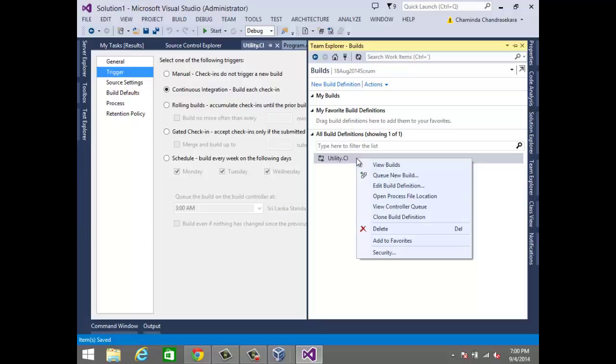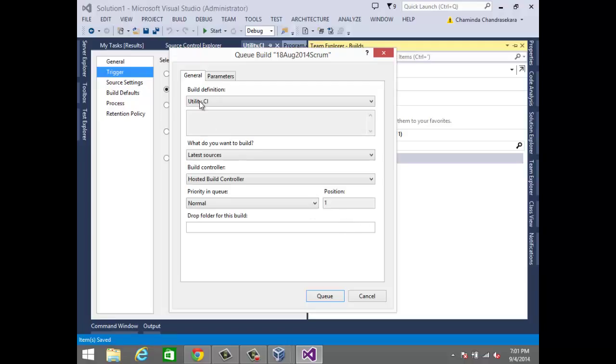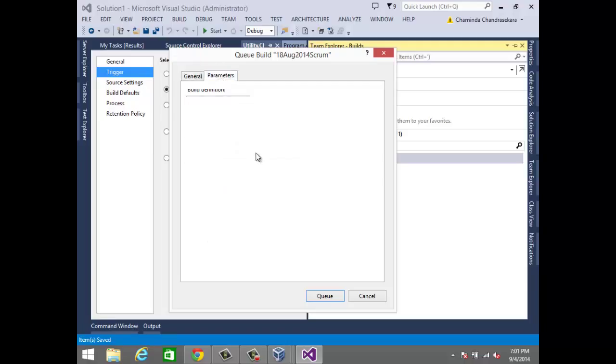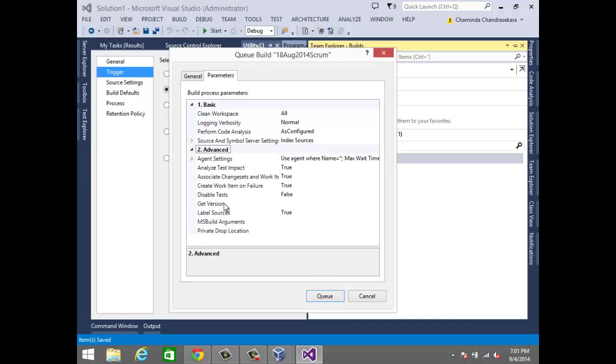Now first time we need to manually queue and see whether this is working, right? There's no other option, right? So we will queue new and you can see, right, it goes to this and parameters. You can actually here also change the parameters if necessary, certain parameters like which change set you're going to build, right? So up to which change set you want to build, that you can set it here. It takes some time to download the parameters, but you can use this advanced tab and say get version and specify the version files, right? Okay, that is possible, right? But we will build the latest. We'll see what will happen